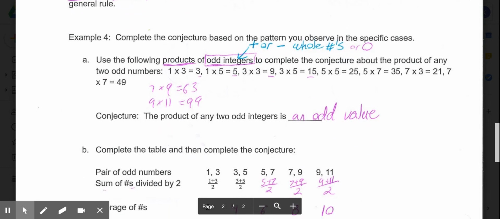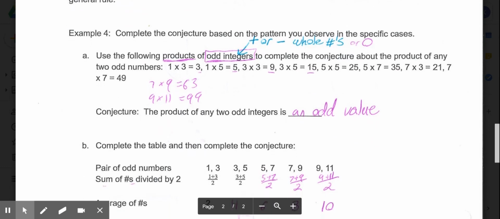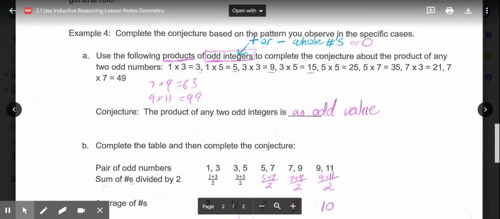So in example 4, they ask us to complete the conjecture based on the pattern you observe in the specific cases. So we're going to be completing the conjecture. It says in part A, use the following products, meaning multiplication, of odd integers. Remember, integers are positive or negative whole numbers or 0, to complete the conjecture about the product of any two